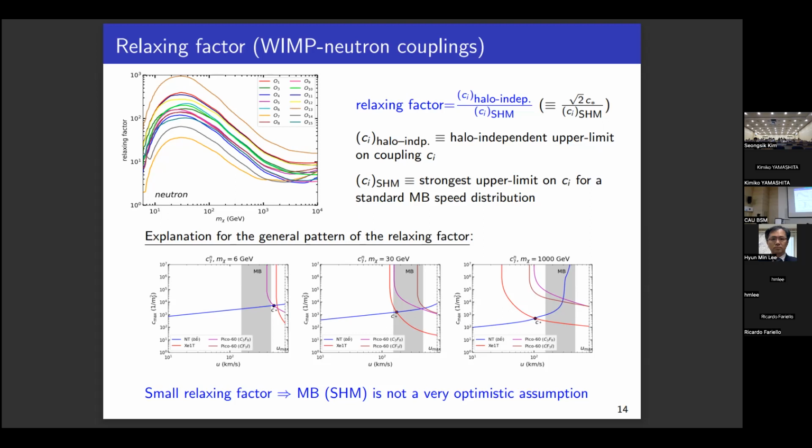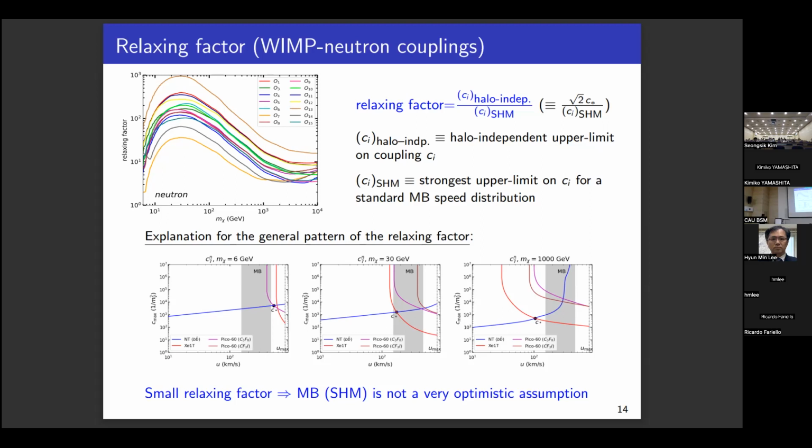This set of plots shows the single stream upper limit as a function of WIMP stream speed for 3 different WIMP masses, assuming a WIMP-nucleon coupling for operator, let's say, O7. Limits from different experiments are shown. As you know, limits from neutrino telescope, which are based on the capture signal, are favored for low WIMP speed, while limits from direct detection are more favored for high WIMP speed. This gray shaded region is basically the WIMP speed range where the Maxwell distribution is concentrated.